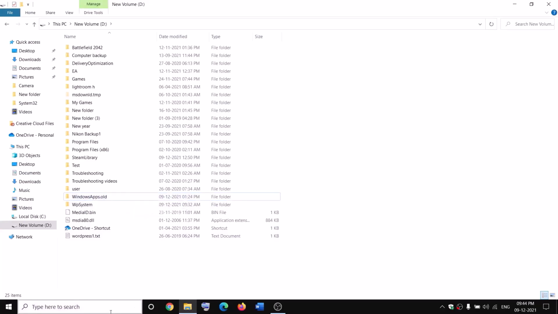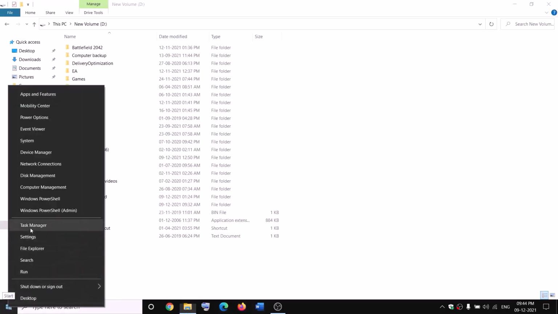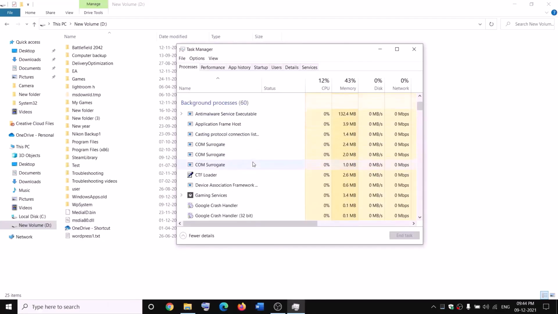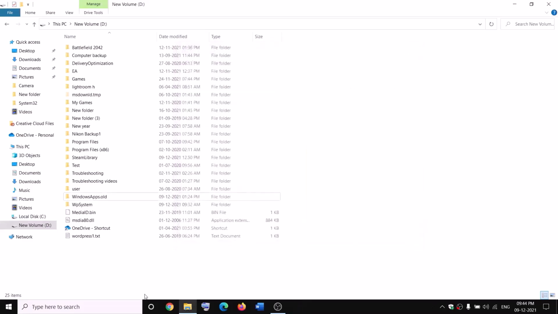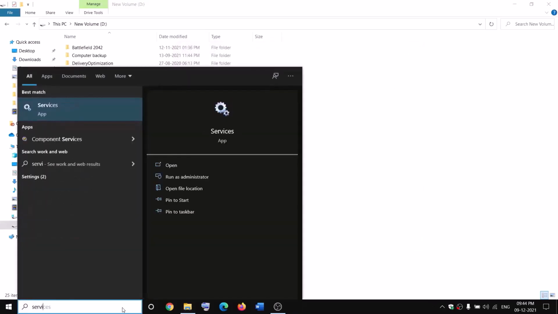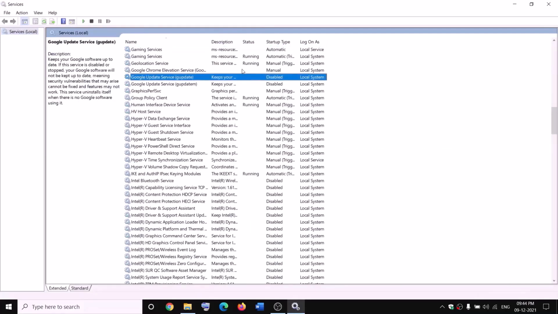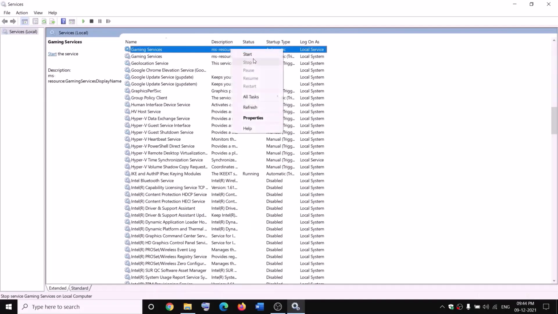in that case open Task Manager on your computer. Make a right click on the start menu, click on Task Manager. Now if you find gaming services, make a right click and then click on end task, and also open services over here, and then go to services and find gaming services, make a right click on gaming services, click on